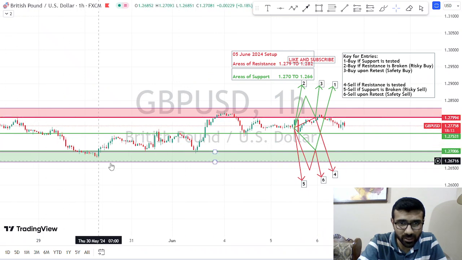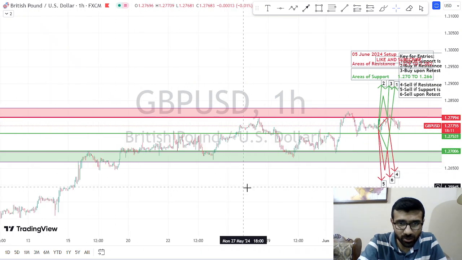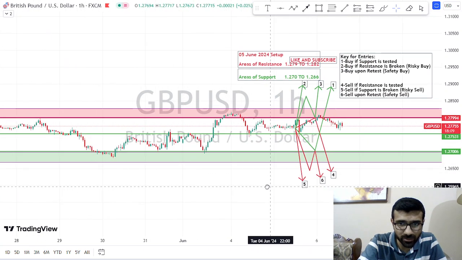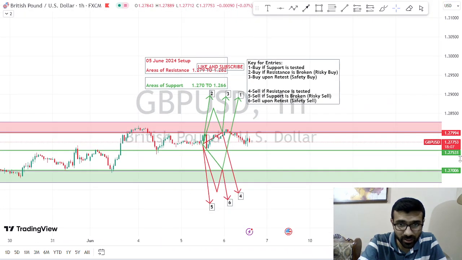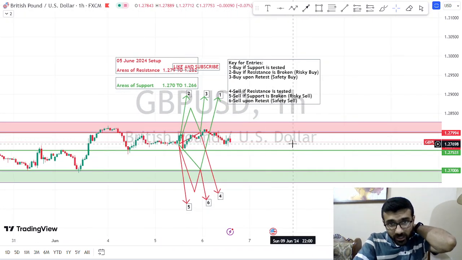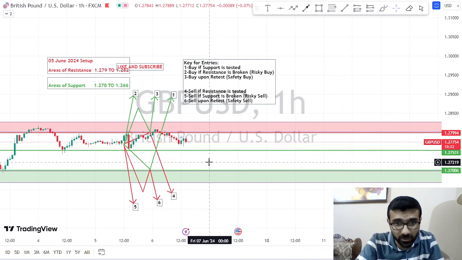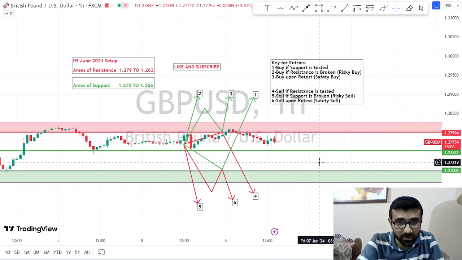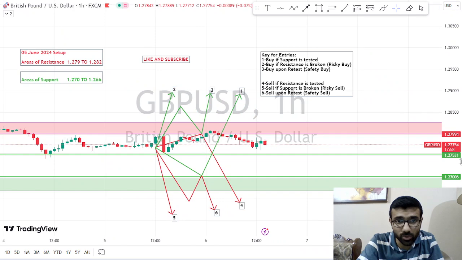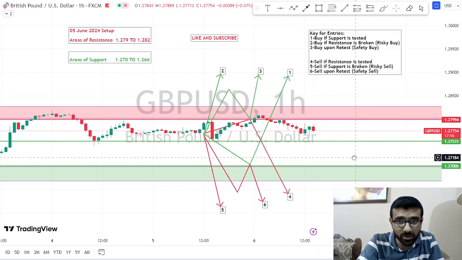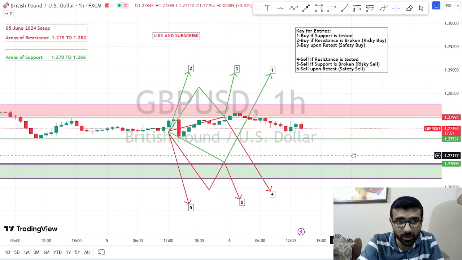There is no real direction over here. Only the sentiment is positive, so our preference would be to stay on the positive side of the market. But again, if you would have preferred to stay on the selling side as well, if you are the kind of trader who likes to trade all kinds of situations, then today would be a good day for you